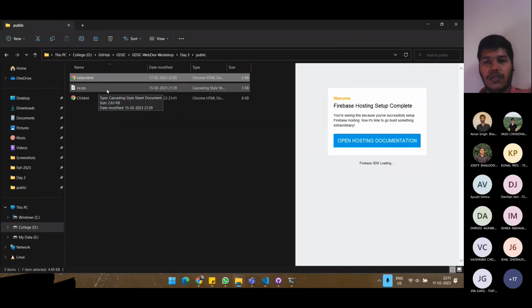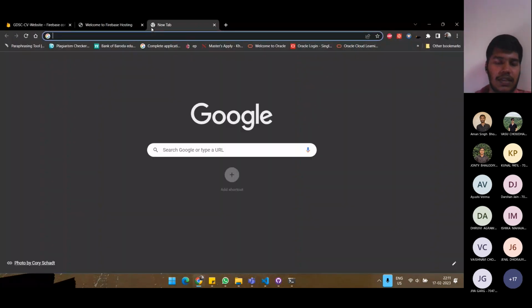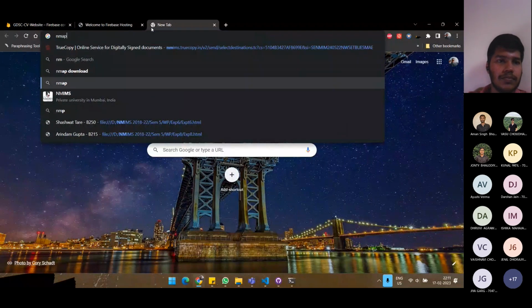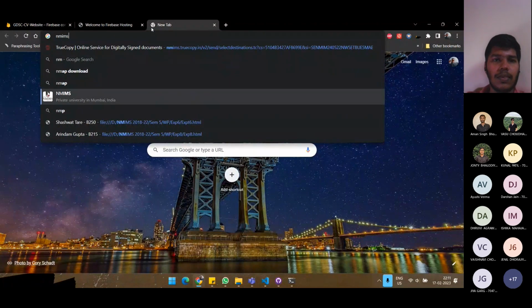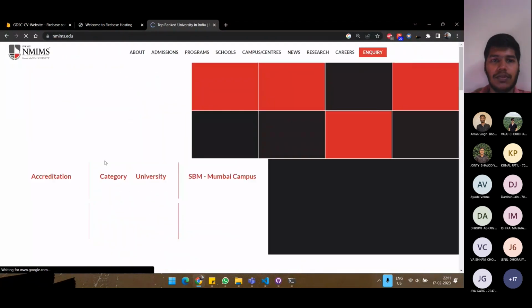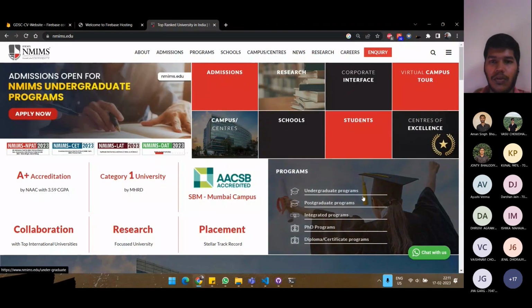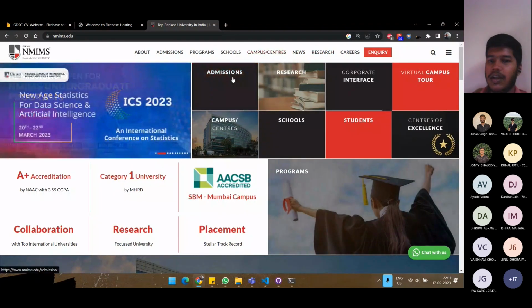The first page of your website which you want to be loaded on the first step, let's say, even if I go and click nmims.edu, this page which you are seeing right now would be named index.html